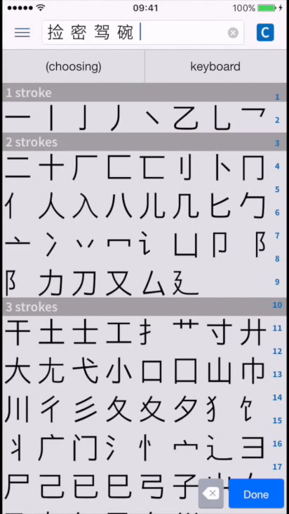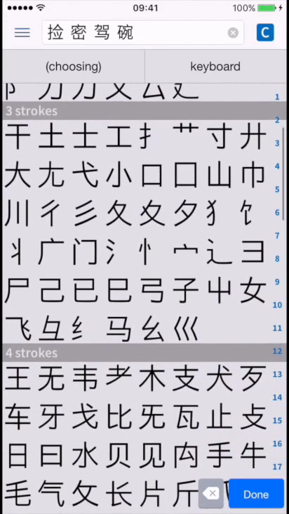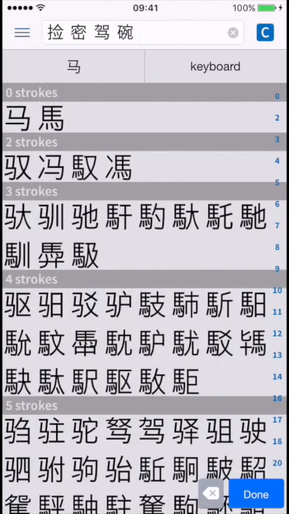In this case, it has 1, 2, 3 strokes. So we try to look in the section with 3 strokes to see if we can find this radical. Okay, so this is the radical. And then we have to count the number of extra strokes